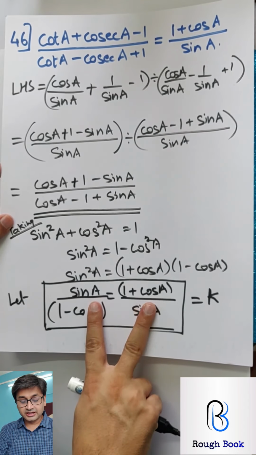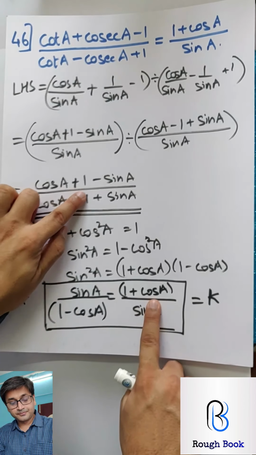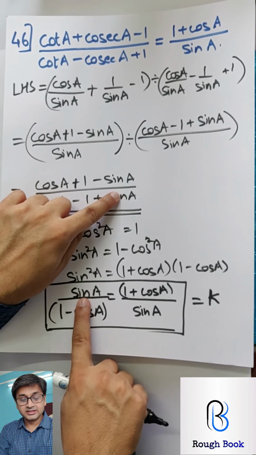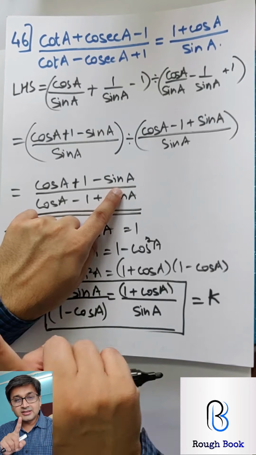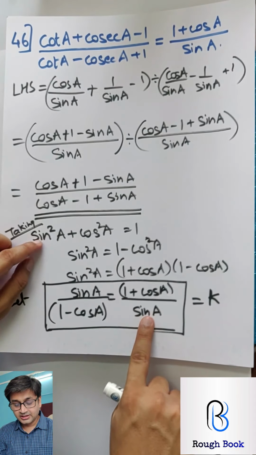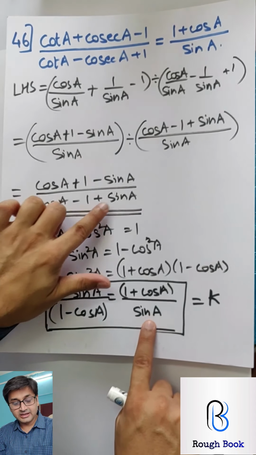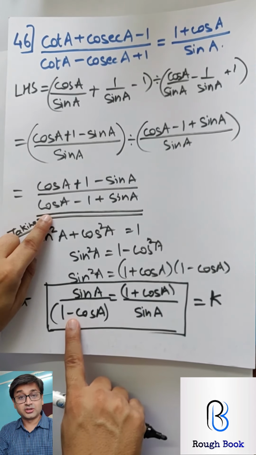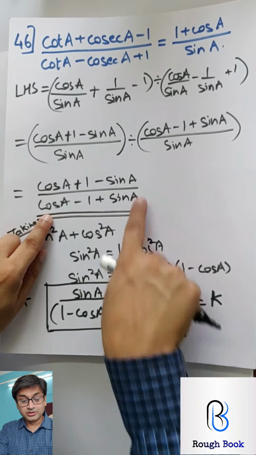So now can you see the connectivity? 1 plus cos A minus sin A. That means if I take this and subtract this, I will get this. Does the same thing happen in the denominator? This minus this. See, sin A minus 1 and minus minus plus cos A. There you go. This matches with this there.